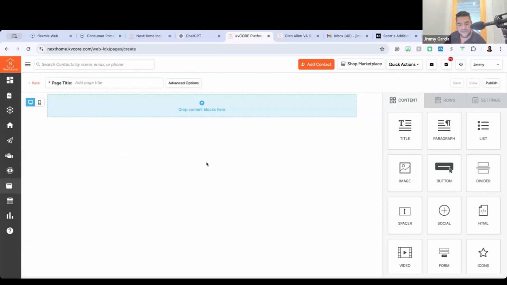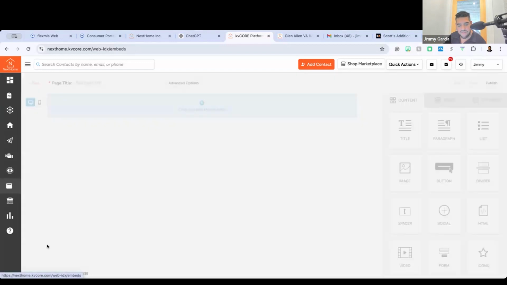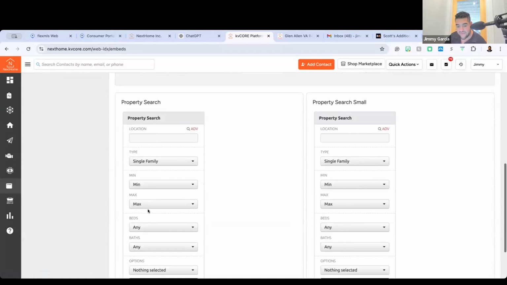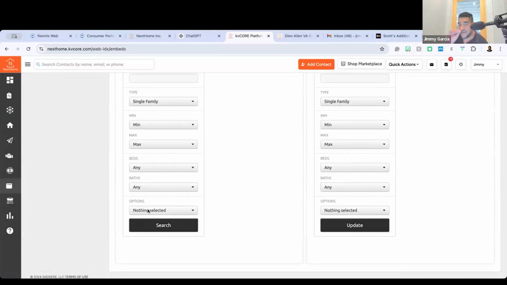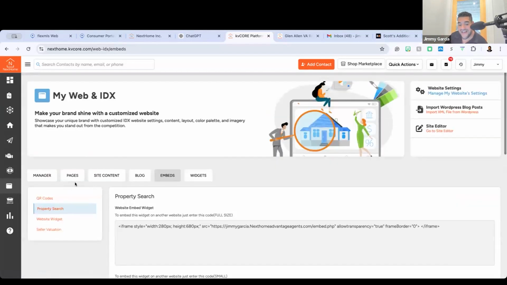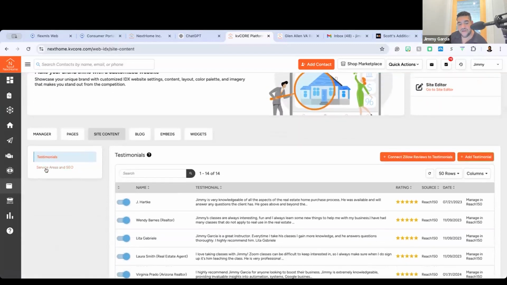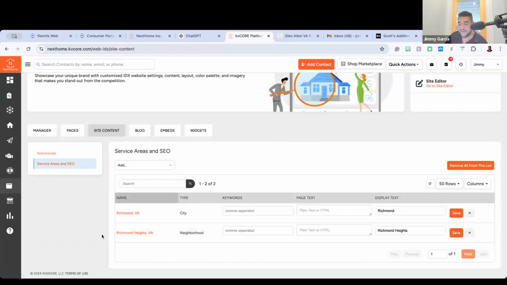The other thing we talked about inside of the website and content, if we go into the embed section, this is where you go ahead and create a very, very specific property search. Now, this is for somebody who already is existing on your websites. To capture them on your websites, that's where you're going to go to site content, go to service areas, type in either the zip codes or the neighborhoods that you do specialize in, and put in your keywords, whether they may be homes for sale, townhomes for sale, condos for sale, golf course properties for sale, right? Whatever is needed for that specific area. Okay. All right.